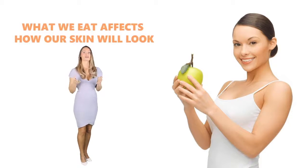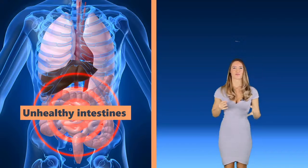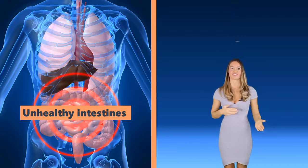For example, there are some people whose skin turns yellow, a medical condition called jaundice. This may be a harmless result of eating too many yellow or orange foods like carrots, or it could be a manifestation of a serious illness due to problems in the liver, such as with alcoholism. But let's not talk about the food, let's talk about the direct connection between the digestive system and the integumentary